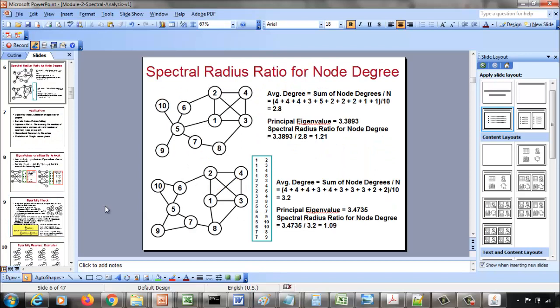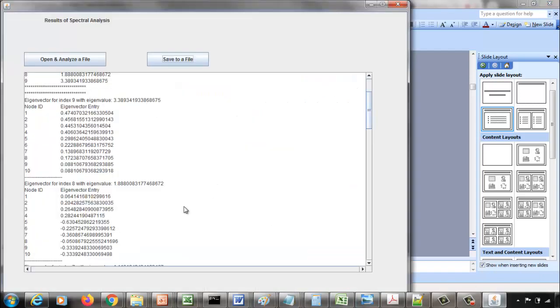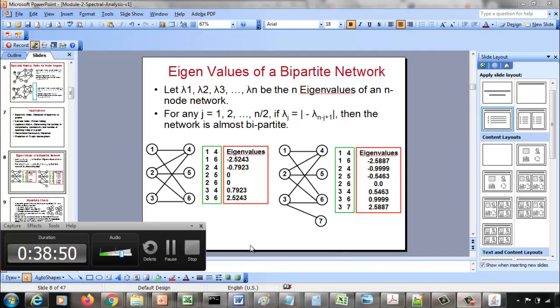So as I do this, you can also practice if you have a computer on your side, or you can practice after the lecture. It's all about running the program, getting the values, and using those results to analyze something. You need to store the results somewhere or keep it open all the time and do the analysis, whichever way you want. Okay, so we'll stop the video. If you have any questions, you can